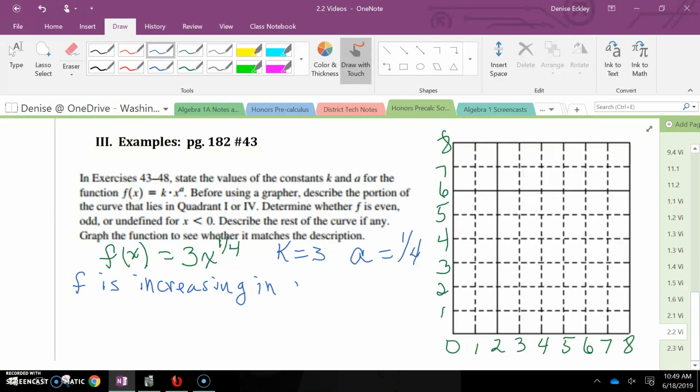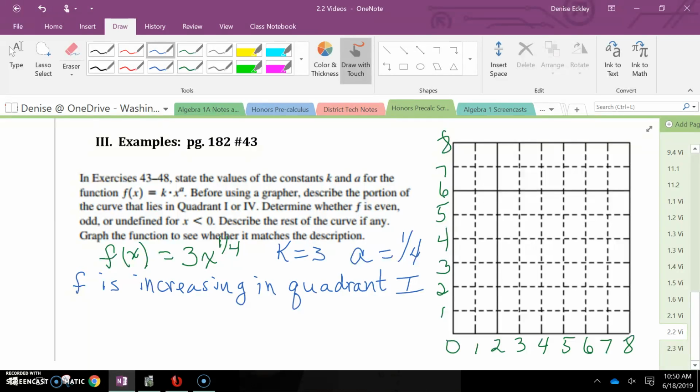And the reason why I know that is because the leading coefficient is positive, and as I take the root of larger and larger x values, they're going to be going up and up. Okay, so for quadrant 4, it's going to be undefined because that would assume that we're going to